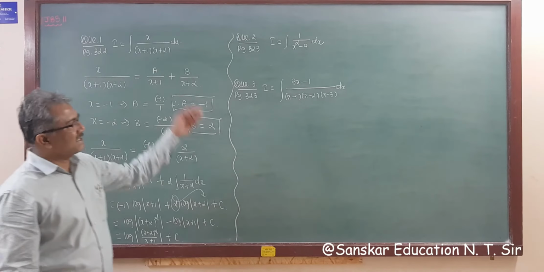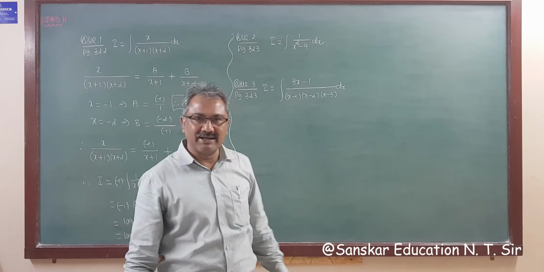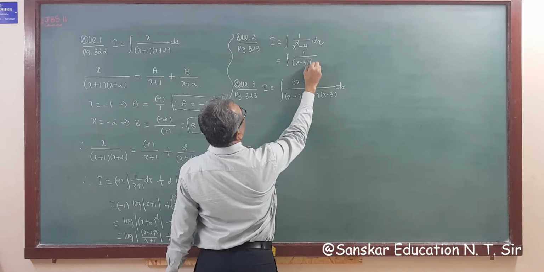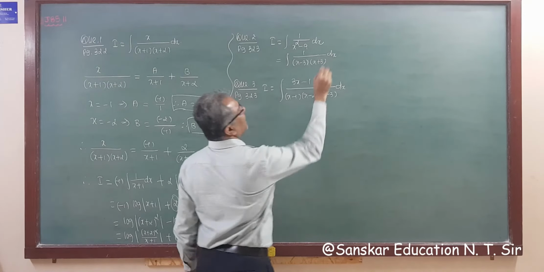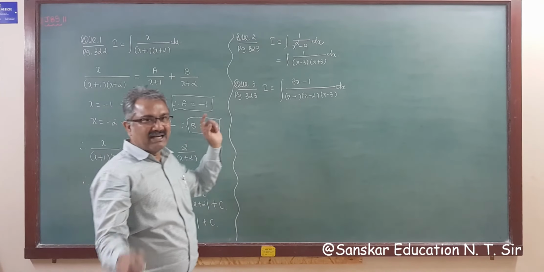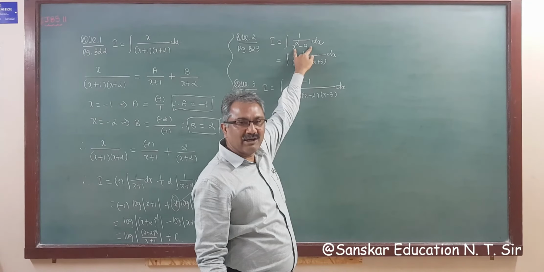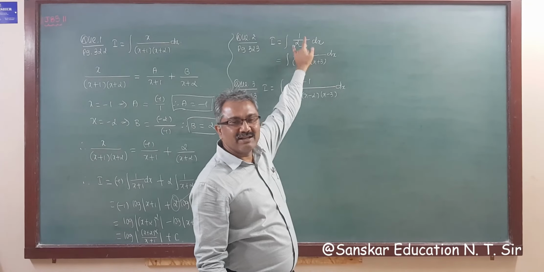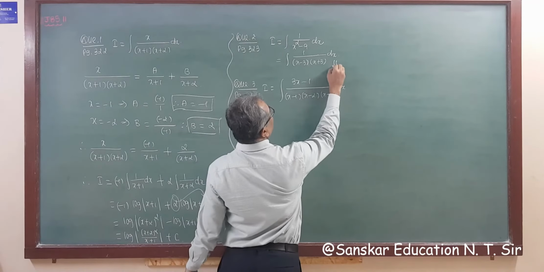Okay. Now this is x square minus 9. The formula of 1 upon x square minus a square you can apply directly. Either you can factorize, 1 upon (x minus 3)(x plus 3) dx, and then apply the partial fraction method. But I suggest applying the formula 1 upon x square minus a square: 1 upon twice a, log mod x minus 3 upon x plus 3. Twice a, that is 6, so 1 upon 6 log mod x minus 3 upon x plus 3, that is your answer, right? No need to apply the partial fraction method, so you have to complete this yourself.